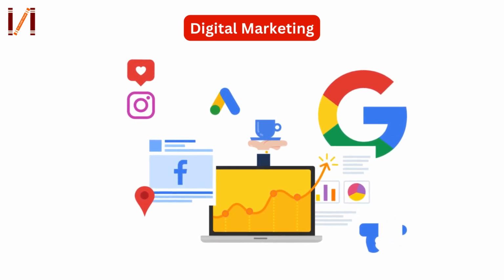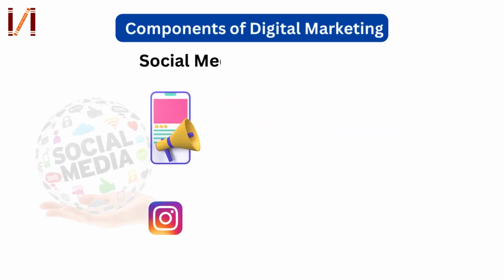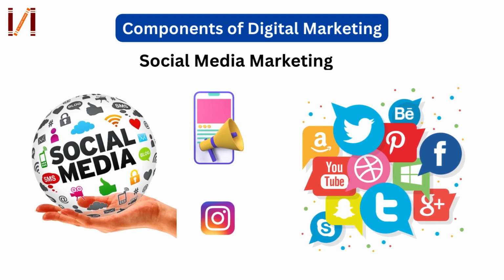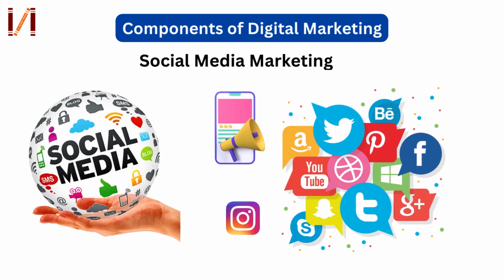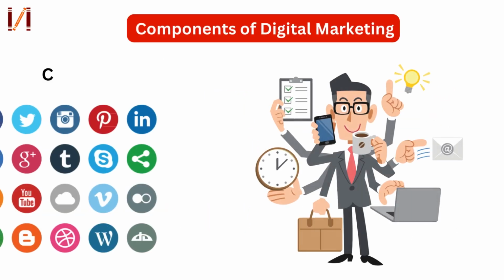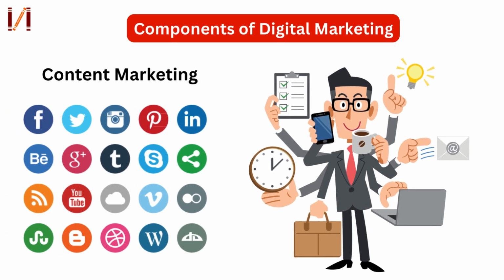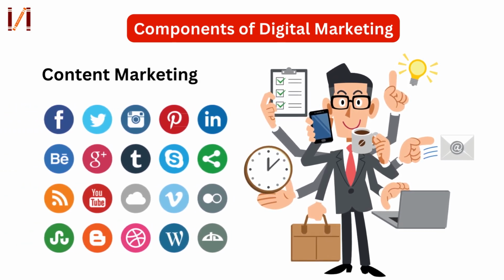Examples of online digital marketing include search engine optimization, SEO, optimizing a website to improve its visibility and ranking on search engines like Google; pay-per-click advertising, PPC, paying for advertisements to appear on search engine results pages or social media platforms; social media marketing, creating and sharing content on social media platforms like Facebook, Twitter, and Instagram to increase brand awareness and engagement; content marketing, creating and sharing valuable content, such as blog posts, ebooks, or videos, thus attracting and retaining a specific audience;